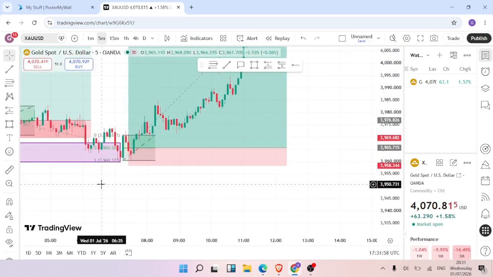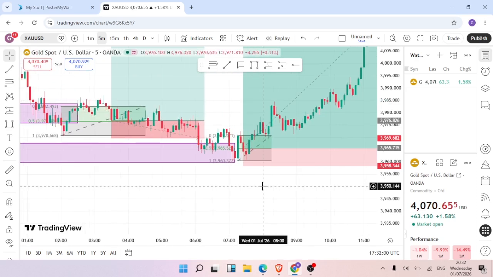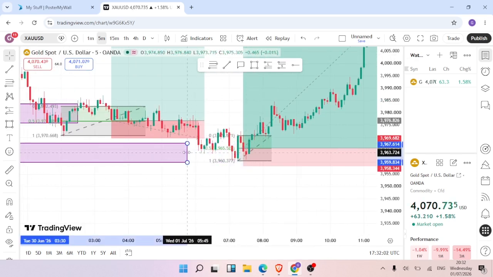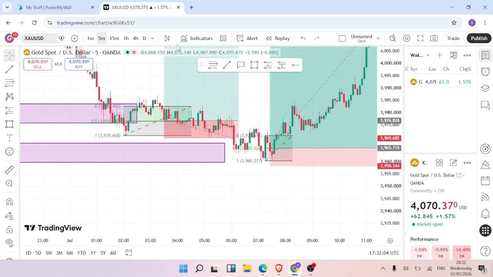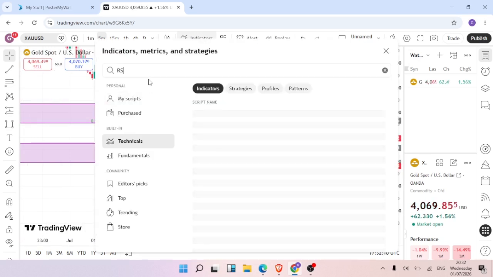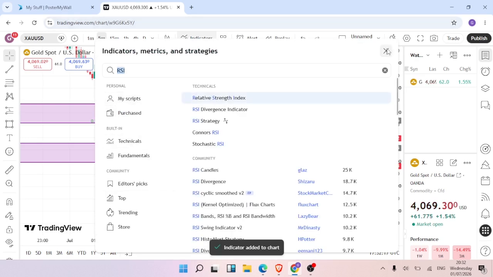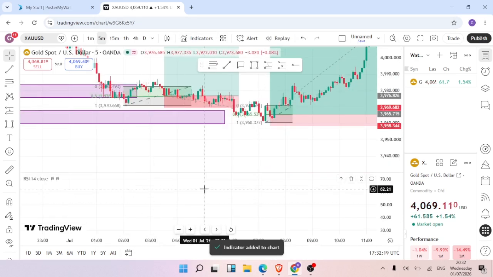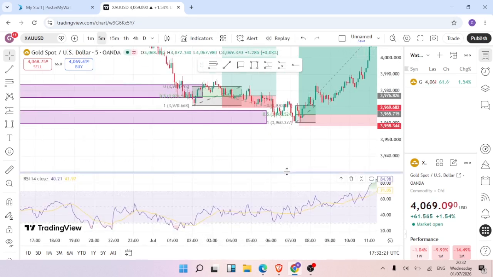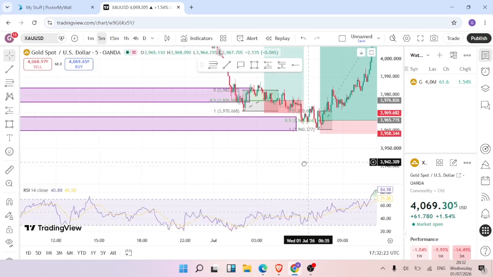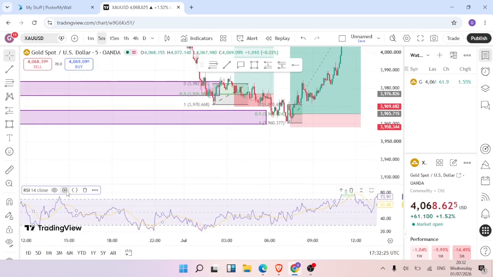So let's see if you would have defined it in the lower time frame. Before you go there, I want to show you that this was also an RSI divergence. So indicators, RSI divergence. I want to show you the divergence. Relative Strength Index added. So I'll have to adjust the settings a little bit